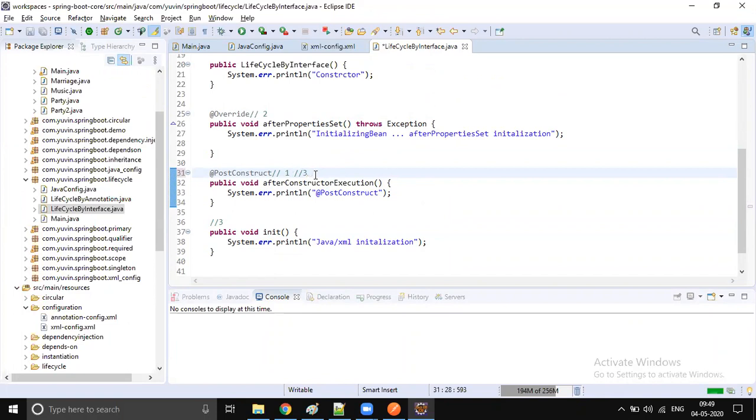And I think Abhi or somebody said this is again last. What about your answer? I think PostConstruct will be first and Java XML initialization will be second. afterProperties will be third. Yes. Good.